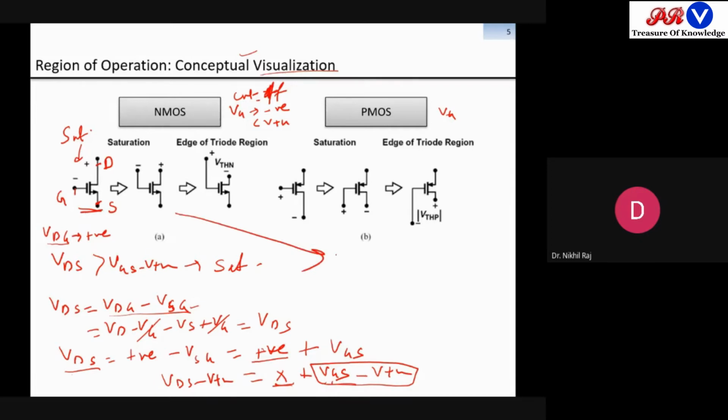If we go for this one, what we see here, VDG. So VDG is again positive, but what is the difference between the first and second figure? Here gate is in the lower potential, so a difference is there, but here both the terminals are at the same level. So in one concept it is saying that VDG is positive, but at the same time VD minus VG, VD and VG are at the same value, that is VD is equals to VG, and so VDG is 0. So here you can say that VDG is 0 because they are at the same potential. Okay, let us assume it is at the same potential.